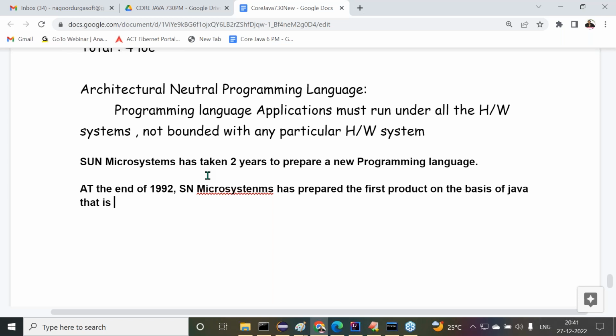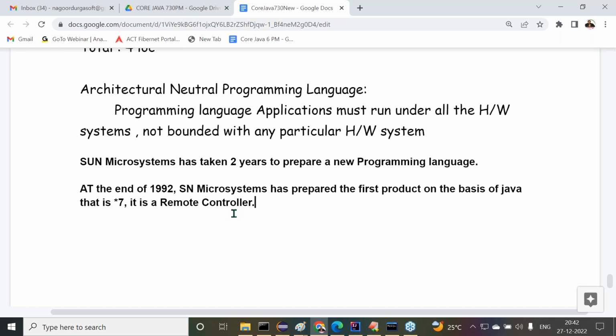That is Star 7. Observe carefully, the name of the product is Star 7. It is a remote controller, an intelligent remote controller. The first product on Java was provided by Sun Microsystems at the end of 1992.